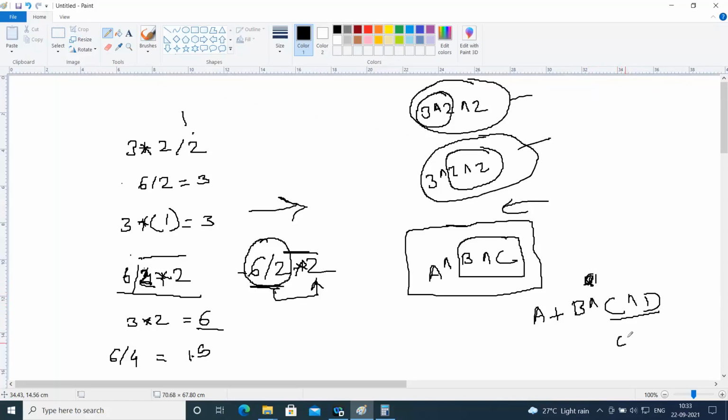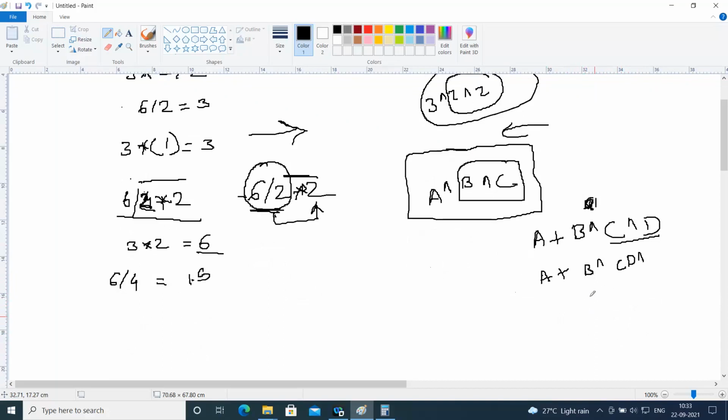So we solve c d's exponentiation first. This result will be taken as an exponential with b, and then I'll write a b. This is the first step, and on the next step we will write b c d exponential, and then a plus, and the final will be a b c d double exponential and plus. Are you with me? Yes, no? Is it clear? Only in the case of exponential operation, you have to make sure that you solve it from right to left, not from left to right.